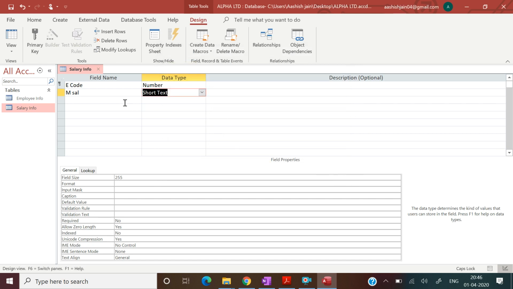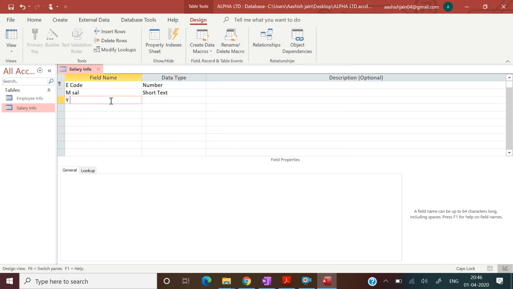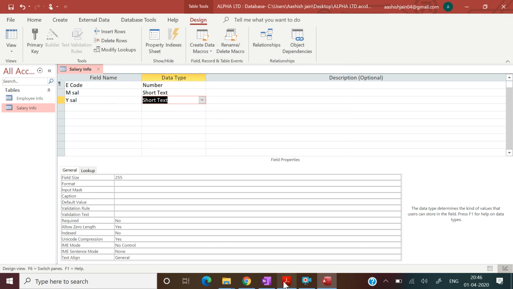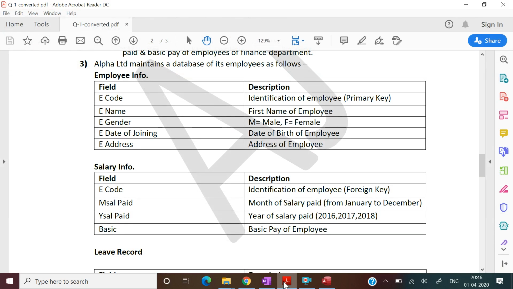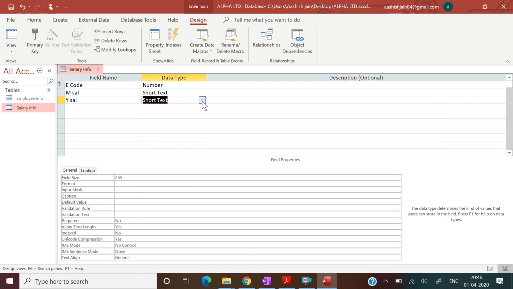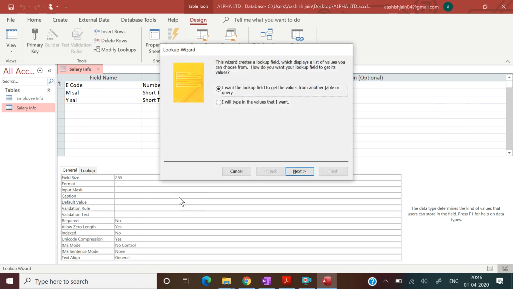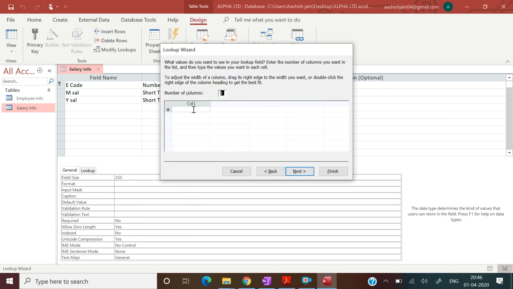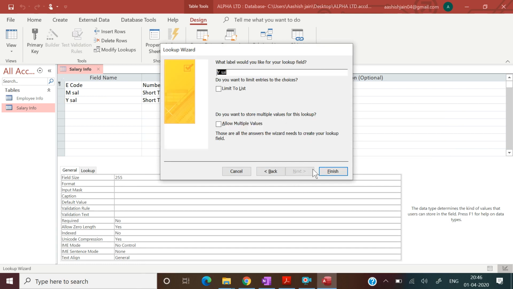Next and finish. Then the year salary. Which are the years? 16, 17, 18. So let's create a list: 2016, 2017, 2018. Next, finish.